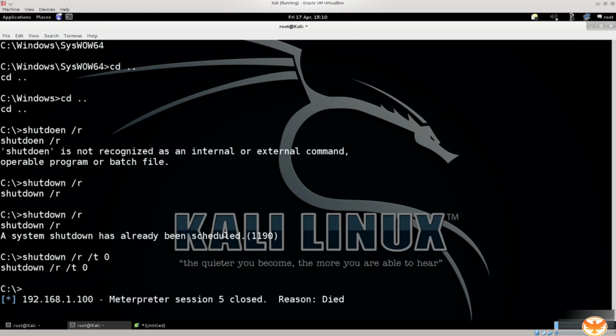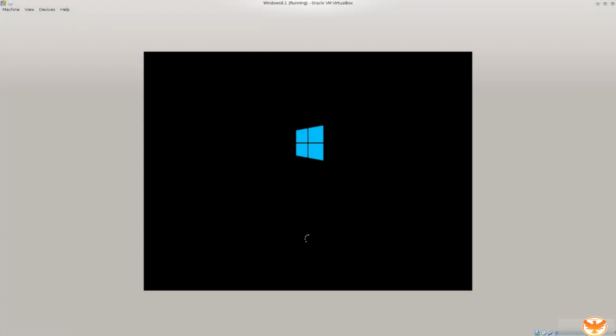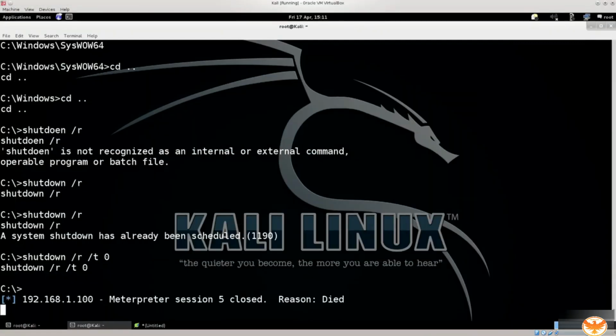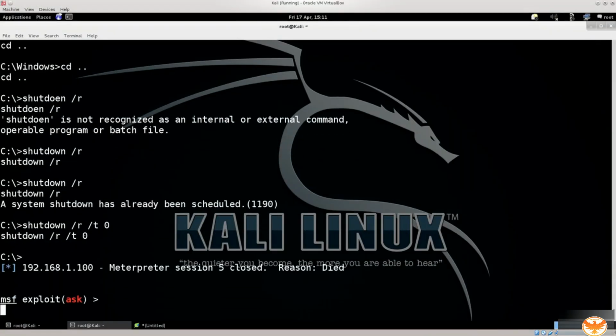Excellent. So it will. If you give it a time, it's gonna shut down immediately. If you don't give it a time, I think the default is 1 minute. I guess I could have waited, but it's a tutorial, so I didn't want to waste any time. Anyway, you can see that the Windows 8.1 machine is actually rebooting, and what you need to do on the other end, just press enter here and type in